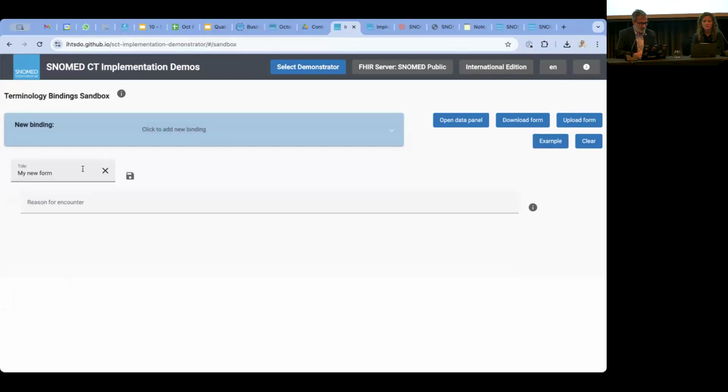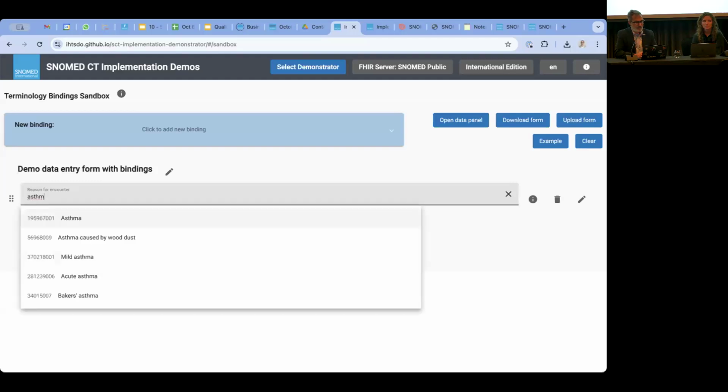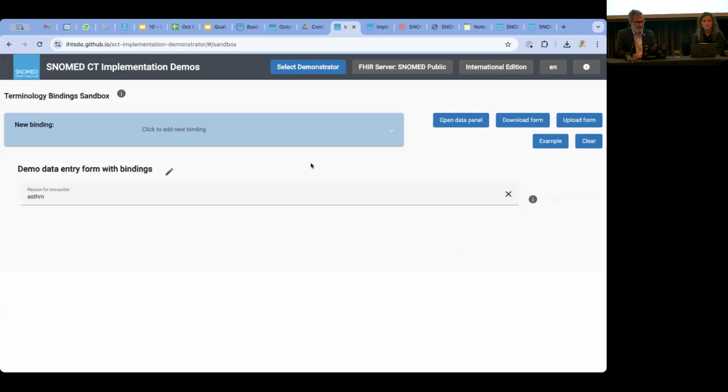Let's say demo. I can change the name: demo data entry form with bindings. Yes, and I have my first field here. And I can type here something like asthma, and it will search following the restriction: asthma, asthma cause, asthma mild, yes? And I can add like a second